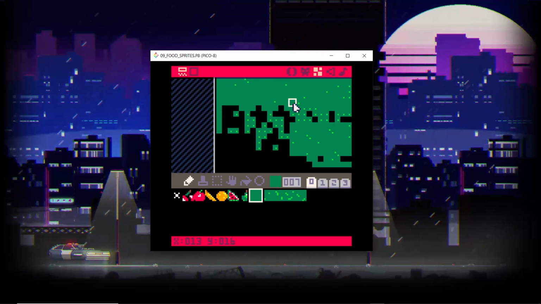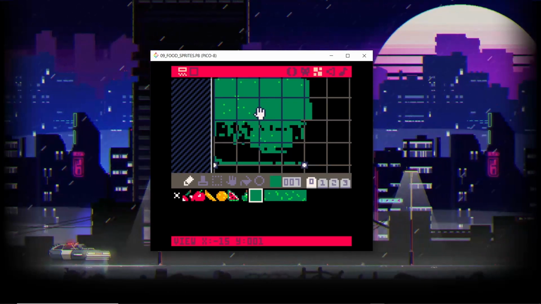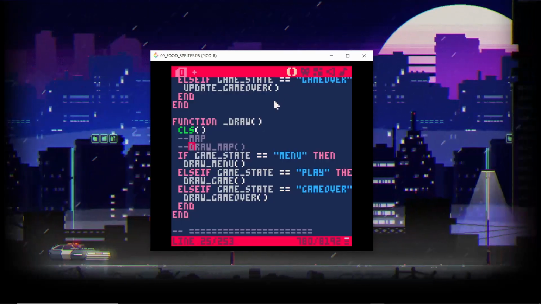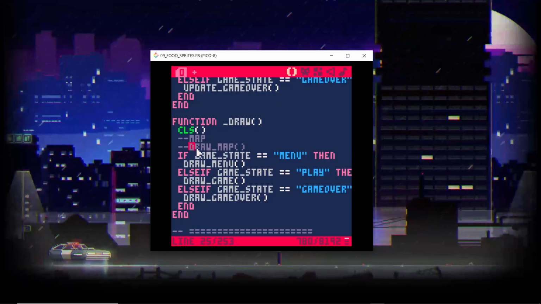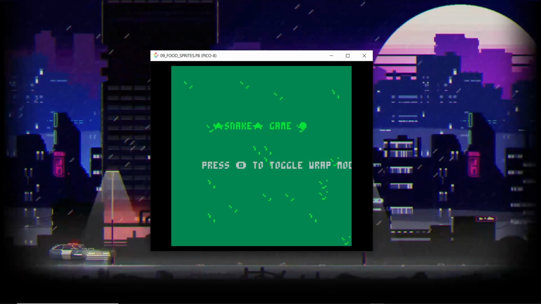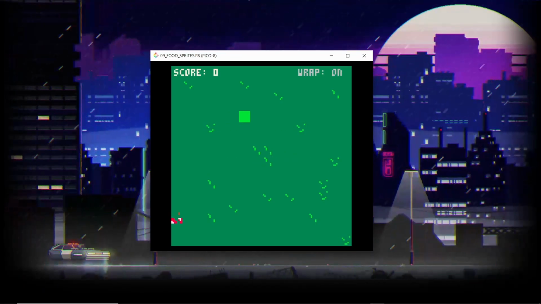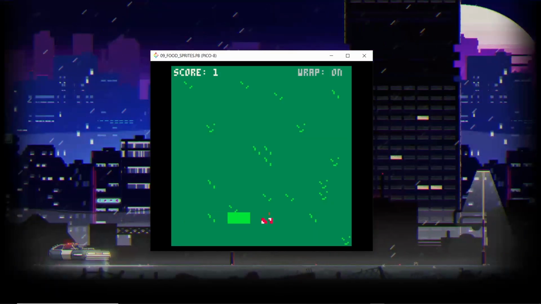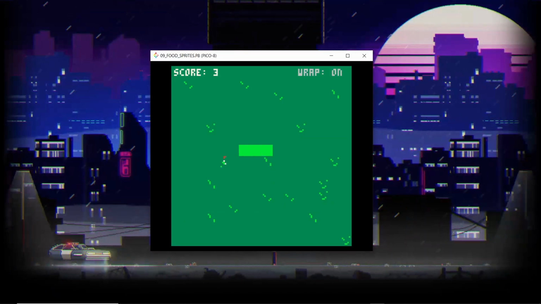All right, so let's still go over here. We still have much. Let's test the map and see how this looks now. So over here, and we'll have our draw map. We'll uncomment that, save and run. So now you can see we have our snake game. Let's hit X, and you can actually see we have a nice little square region where our snake is spawning